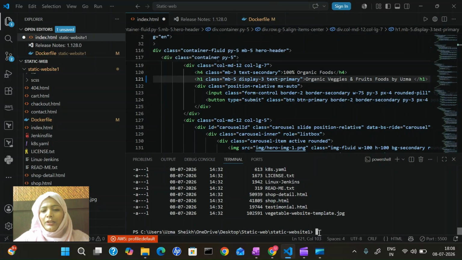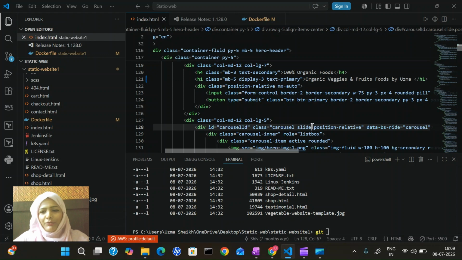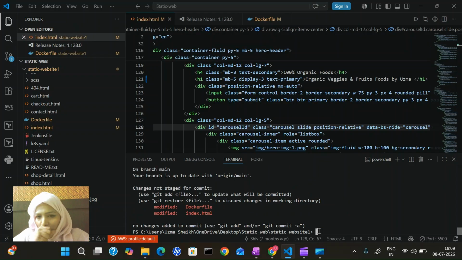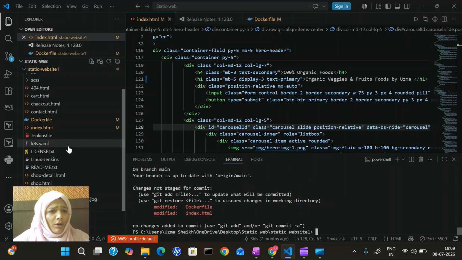So here I have installed Git. Let's check git status. After changing, we have to save this file. Git status. Oh my god, I changed the Dockerfile too.